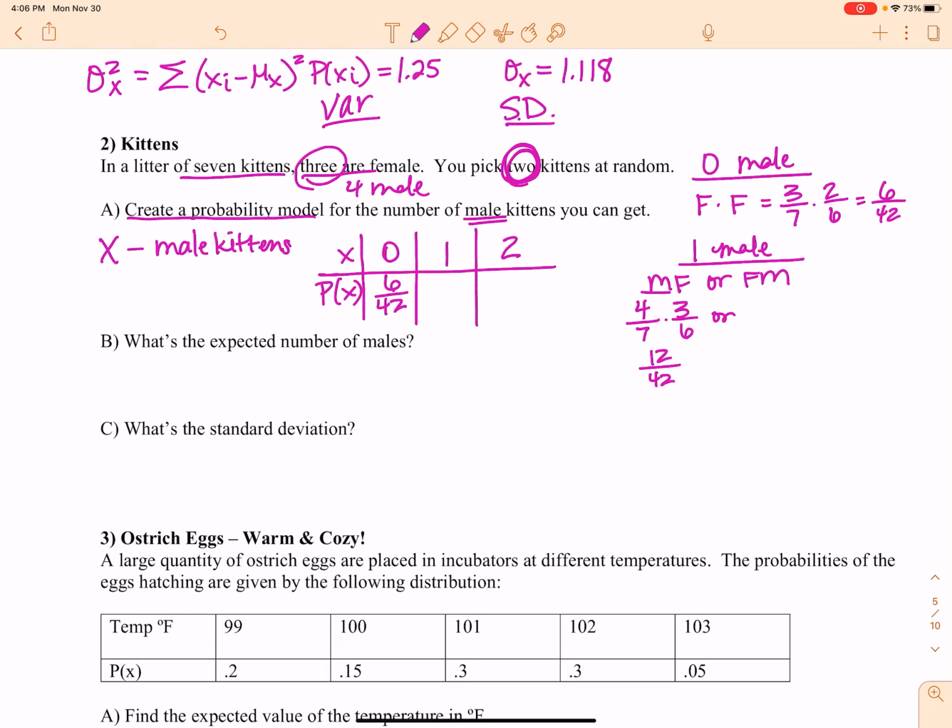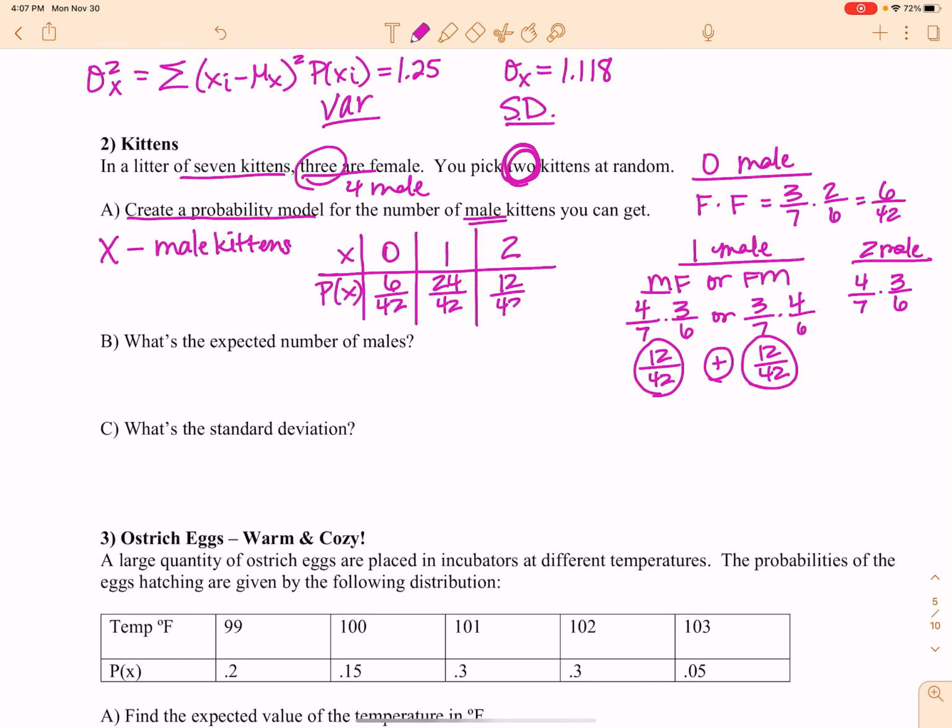Or I could get a female first, and that's going to be 3 out of 7 times the male second, 4 out of 6, which would be 12 out of 42. So those are the 2 possible ways I could get 1 male kitten, this way or this way. So I've got 24 out of 42. Now the probability of getting 2 male kittens. Well, that's going to be 4 out of 7 times 3 out of 6, which is going to give me